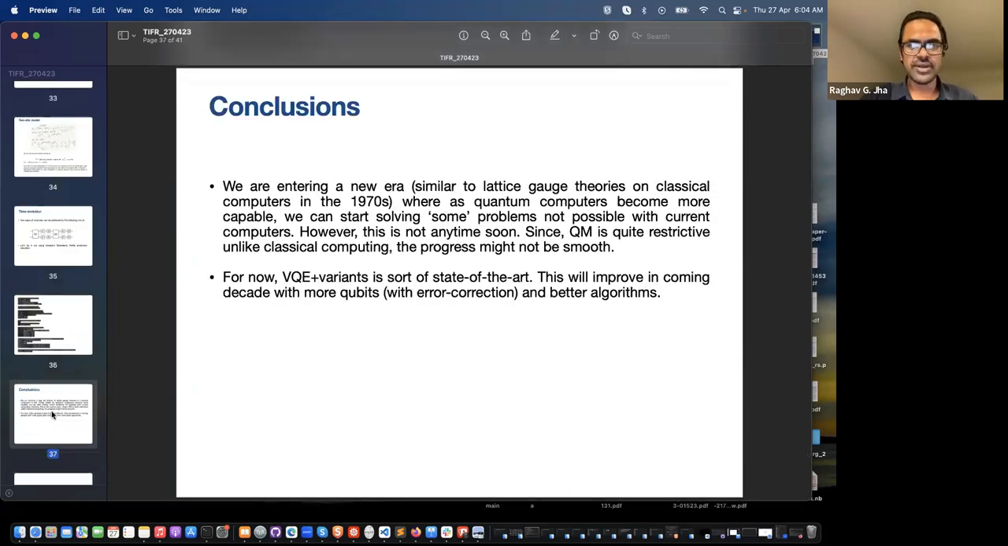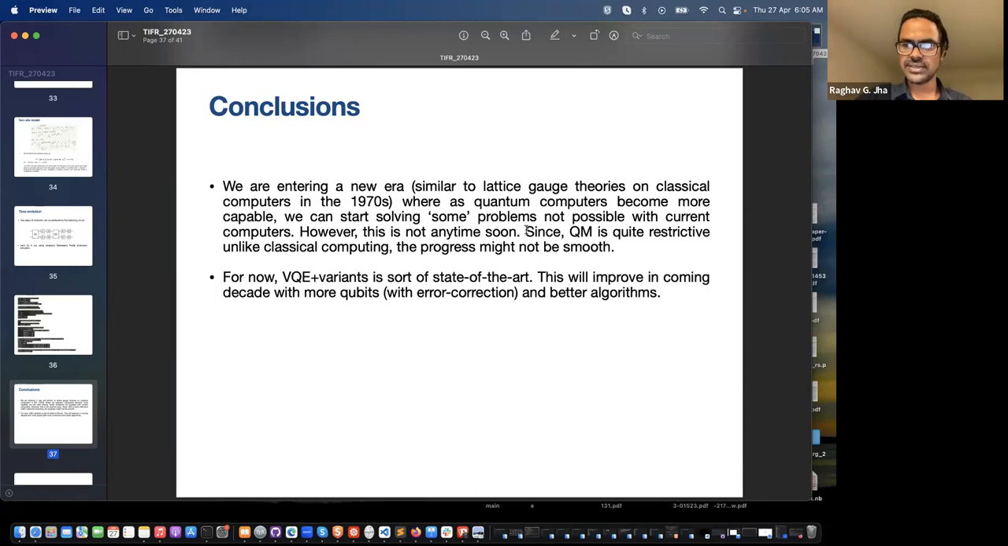Okay, so I should conclude by saying that we are now entering, in my opinion, and obviously the community's opinion, a new era, which is similar to lattice gauge theories on classical computers in the 70s and the 80s, for example. Once quantum computers become more fault tolerant, in the sense that the errors on them go down and they increase the number of logical qubits, we can hope to solve some problems which are difficult on classical computers, say, for example, real-time evolution of interacting field theories. However, this is not going to happen anytime soon,